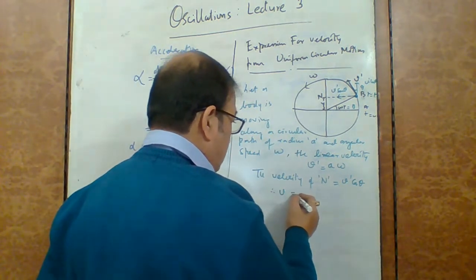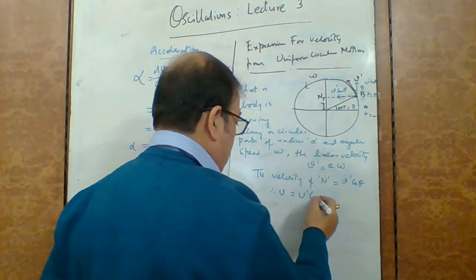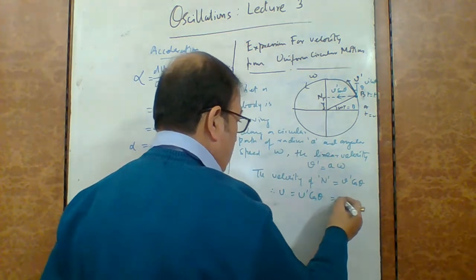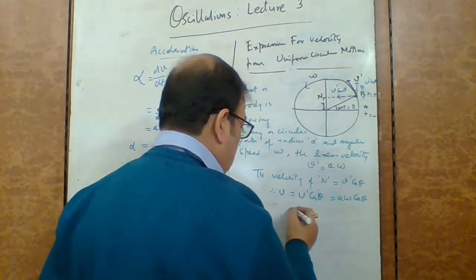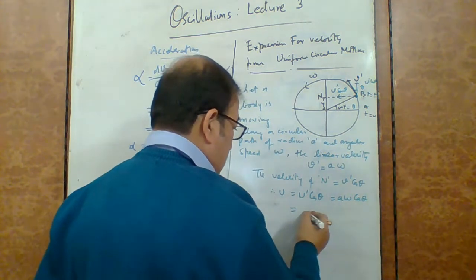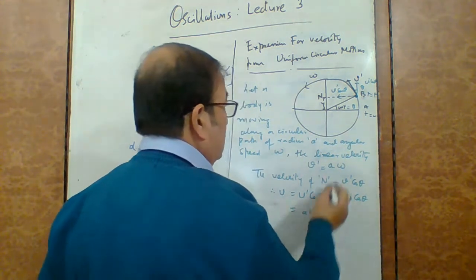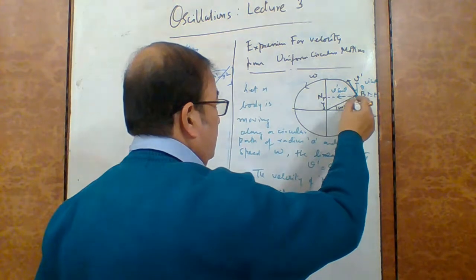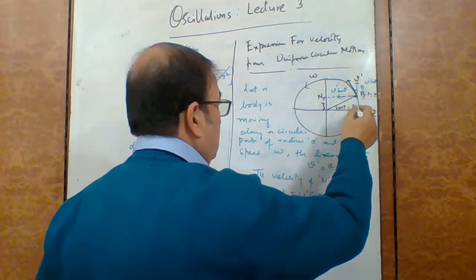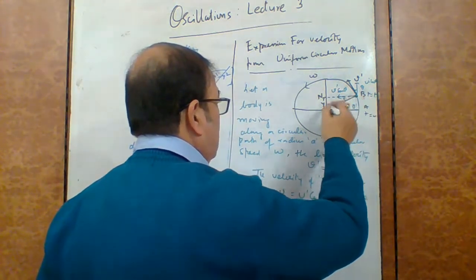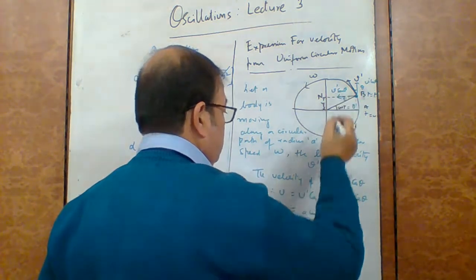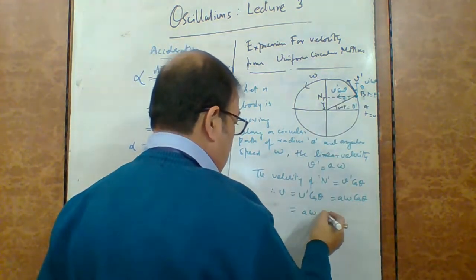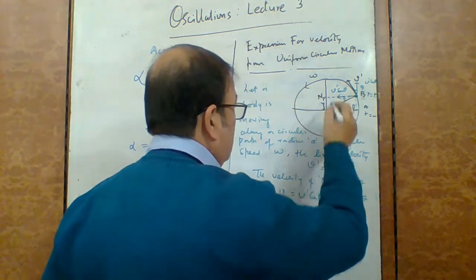Therefore, v equals v dash cos theta, or a omega cos theta. From this diagram, if we determine cos theta, then cos theta equals this portion under root a square minus y square,